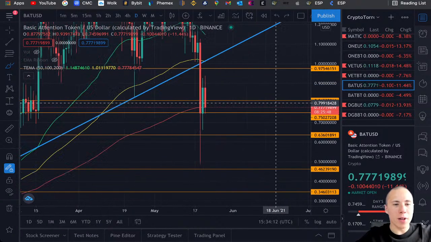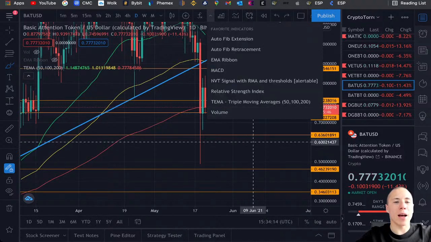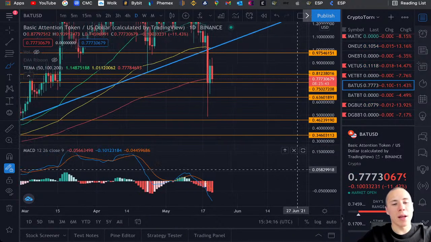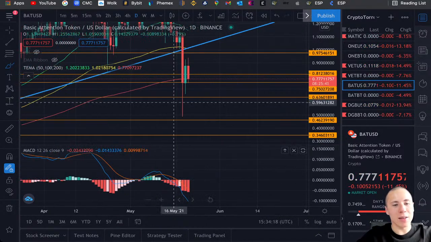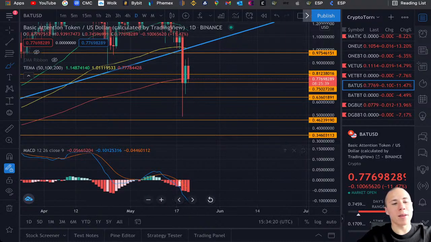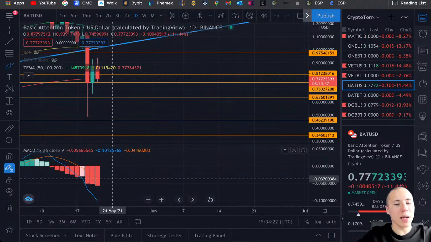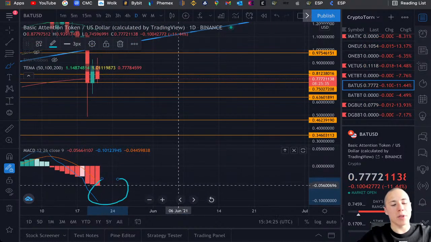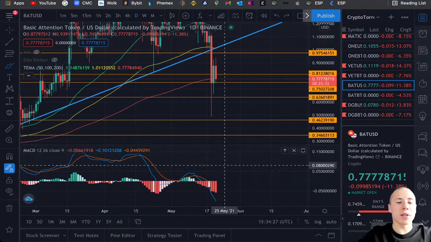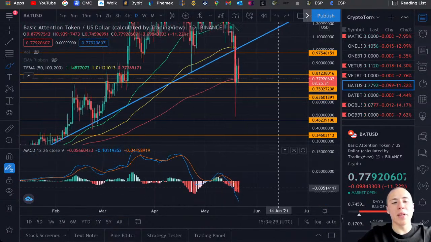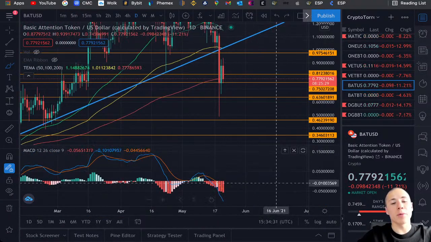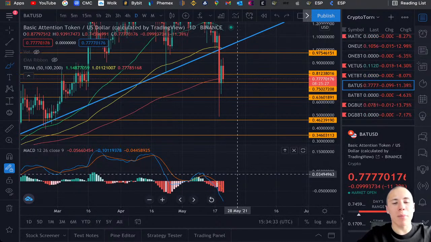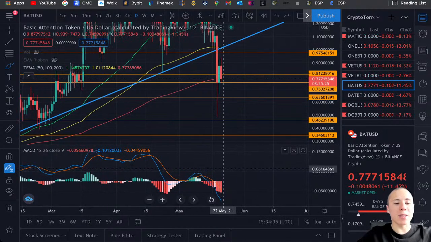And what I would like to take a look at for now is actually the MACD. And what we are seeing on the MACD is that we are still having downward momentum, and the MACD crossover is not there yet anytime soon. And it could still be possible that after the crossover, we'll be seeing even further momentum towards the downside being created. But I personally think that won't be happening, especially